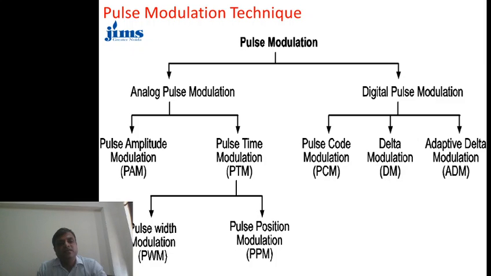In analog pulse modulation, there are pulse amplitude modulation and pulse time modulation. This pulse time modulation is divided into pulse width modulation and pulse position modulation, and the digital pulse modulation is divided into pulse code modulation, delta modulation and adaptive delta modulation. So in this lecture we are going to discuss pulse amplitude modulation, pulse position and pulse width